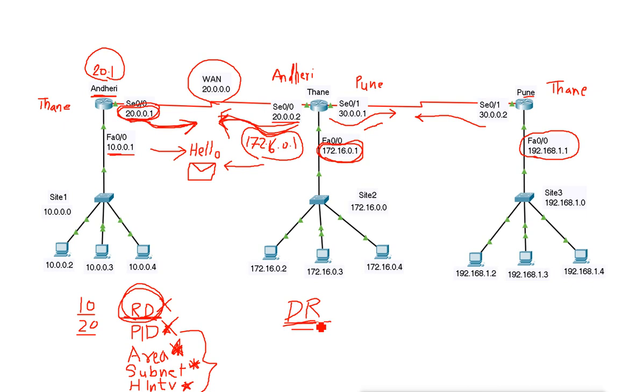So how do they decide? They decide by the minimum router ID. Remember, the minimum router ID will become the DR. The router which has the minimum router ID becomes the DR, designated router, and all the rest of the routers become non-designated routers, non-DR.